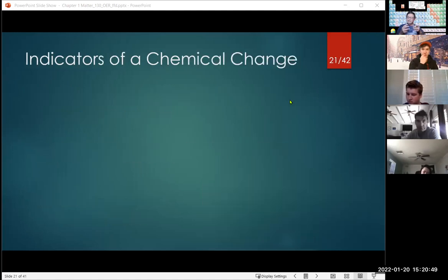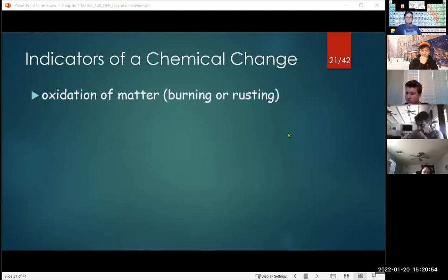All right. So what kind of things indicate that there's a chemical change? Well, rust. You know, I used to have an old pickup. There's a lot of chemical change in my old truck. It had a lot of rust. Okay, so rust is a good indication of a chemical change. That iron in the metal has undergone oxidation. Okay, or anything that burns, obviously. Any burning of paper, any burning of fuel, anything that undergoes combustion is a chemical change.